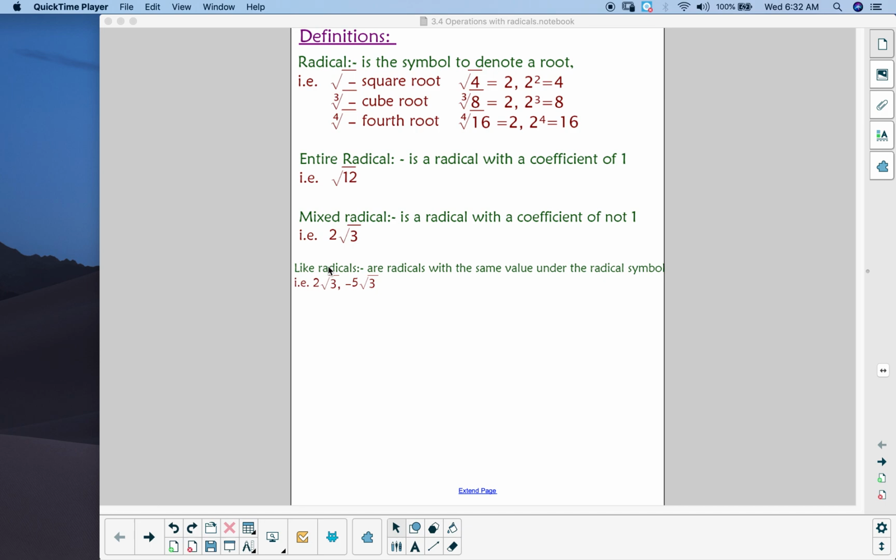And then you have like radicals. Like radicals are radicals that have the same value under the radical symbol. So 2 times root 3 and negative 5 times root 3 are like because the number under the radical sign is the same for both of these radicals. So they are like. That brings us to some rules that we can follow